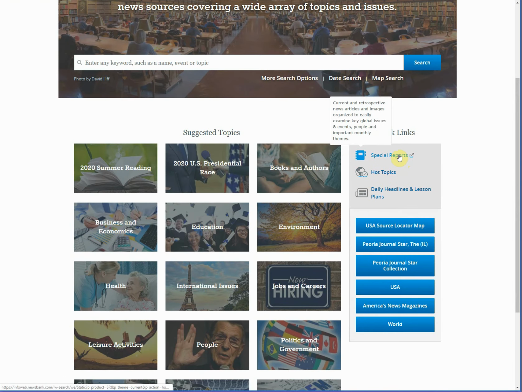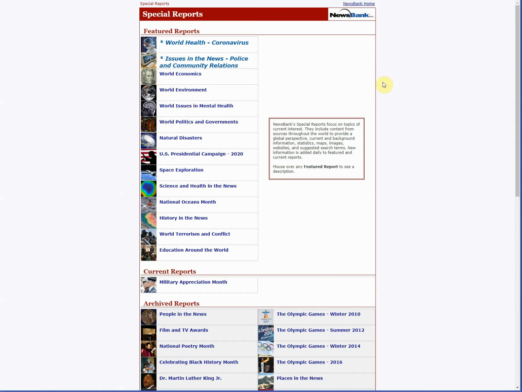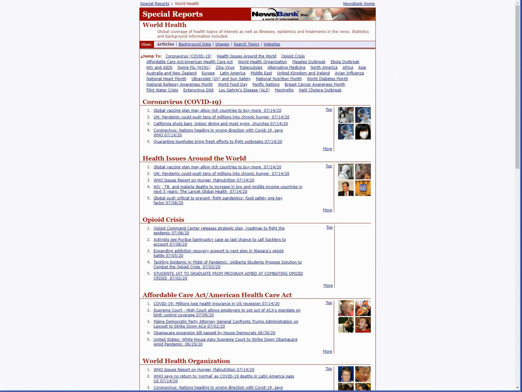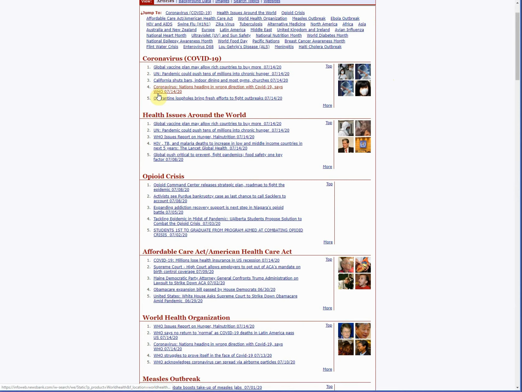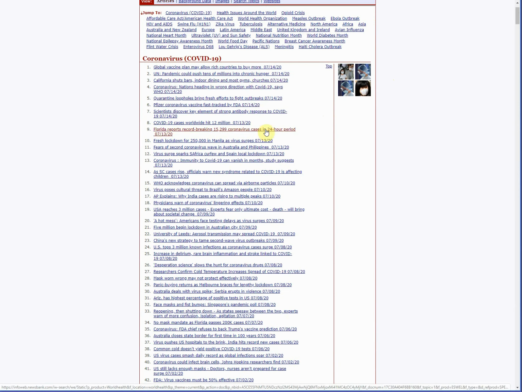Special reports are going to be collated articles for topics that are really prevalent in the news. So we're going to click on that. And you can see that World Health and the coronavirus is at the top of the list of their featured reports. So click there, and you can see that it's going to bring up a number of things. For COVID-19 in particular, you only see these first 5 articles, but if you click over here to more, it brings up